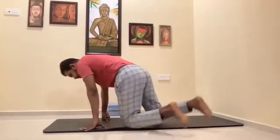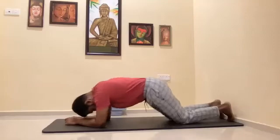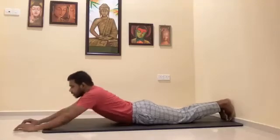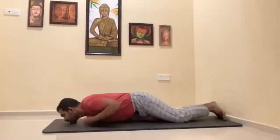So we are going to do a asana called Shalabhasana. So just observe how we are doing it. So keep the feet touching the wall properly, right? This. And then to make two fists and hands are going to go under the body. So the fists will be at your thigh region, right? Like this. So we are going to keep the hands like this, right? So fists are on the thigh region, right? So keep the hands here